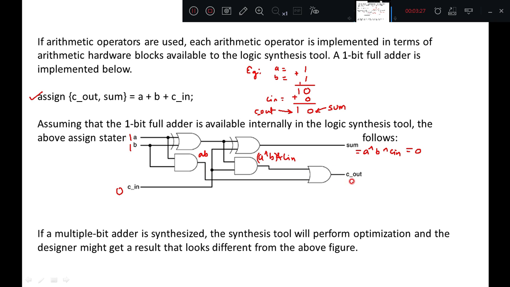and these two you are performing OR: A XOR B and Cin, ORed with AB. This is your cout expression. If you solve further, you will get AB, B Cin, Cin A, which is also a carry or cout expression. These two are equivalent. Either it may select this hardware or, to get an optimized